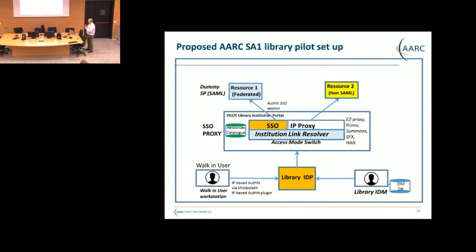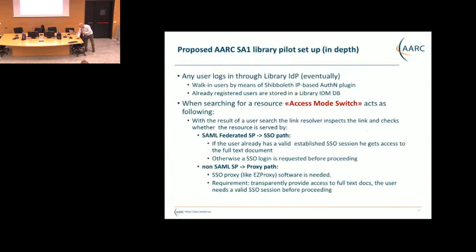Shibboleth extension. And then, of course, the pilot will focus on the central box there, where you have, as I said, components which are acting as access mode switch and will emulate the pilot library institutional portal. These are tools like EZproxy, Primo, Summon, SFX, or Han. To cope with both use cases, you go through the institutional link resolver, you get the deep link, and you go through the SSO proxy to access federated resources top left, whereas you use an IP proxy to access the non-SAML resource. Okay, I think I said this already in some more detail. The functional component is an access mode switch, and as I said before, two ways are available from that